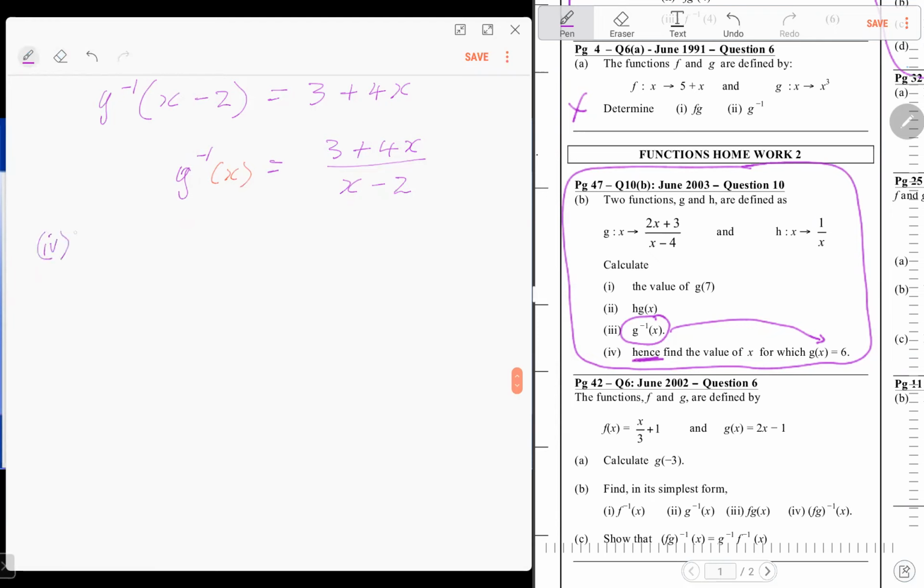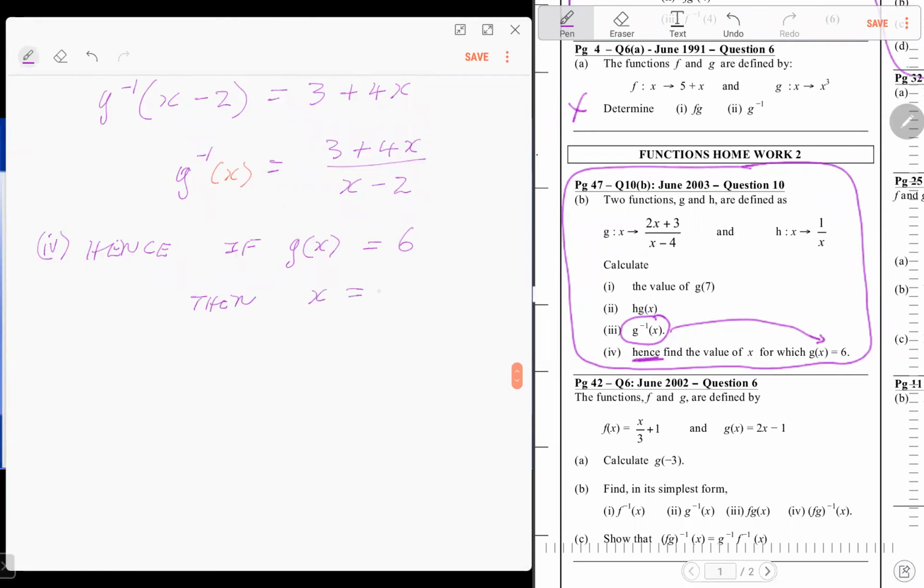So we're going to say hence, if g of x equals 6, using the rule now, we know then